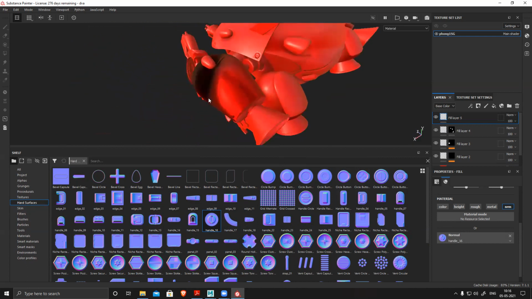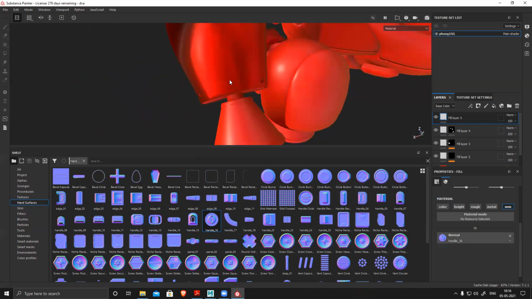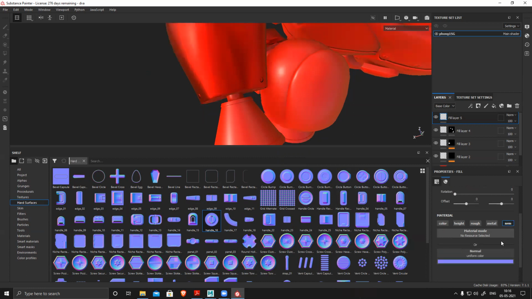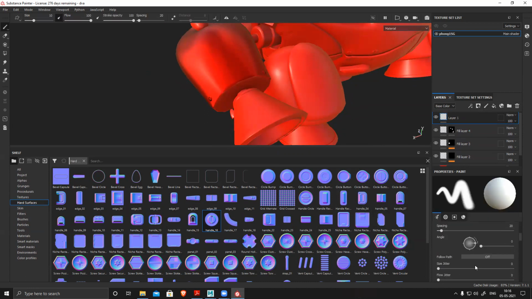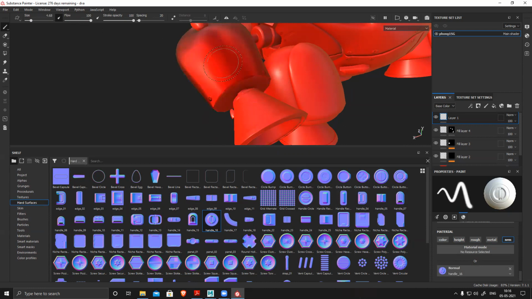Oh, sorry, one more mistake. To paint any normal, you need to have a paint layer, because it cannot be a fill layer. Alt click on normal and drag drop this here, and now you can see your brush is activated.